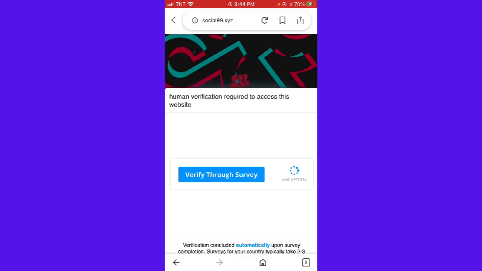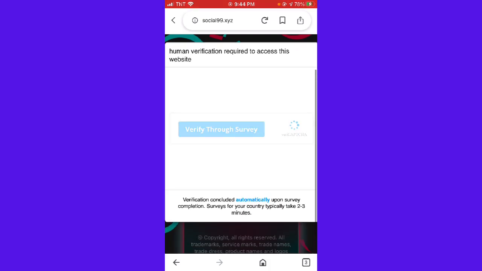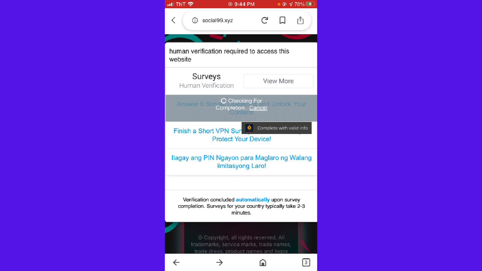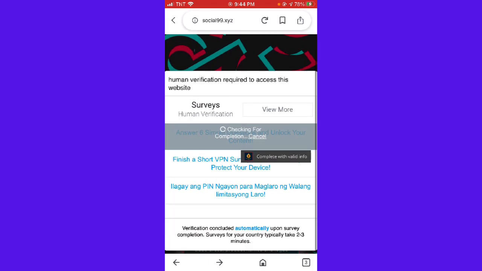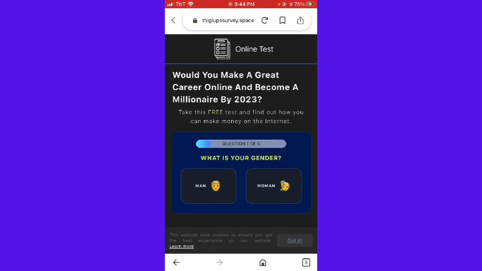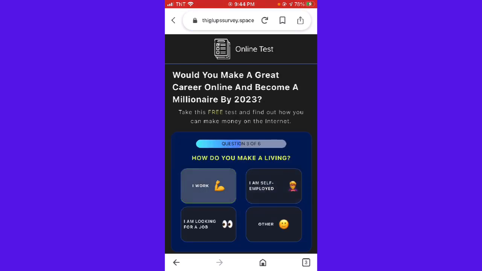So verify through survey. So just click that. So you just need to verify yourself so that you can proceed. So here you just need to